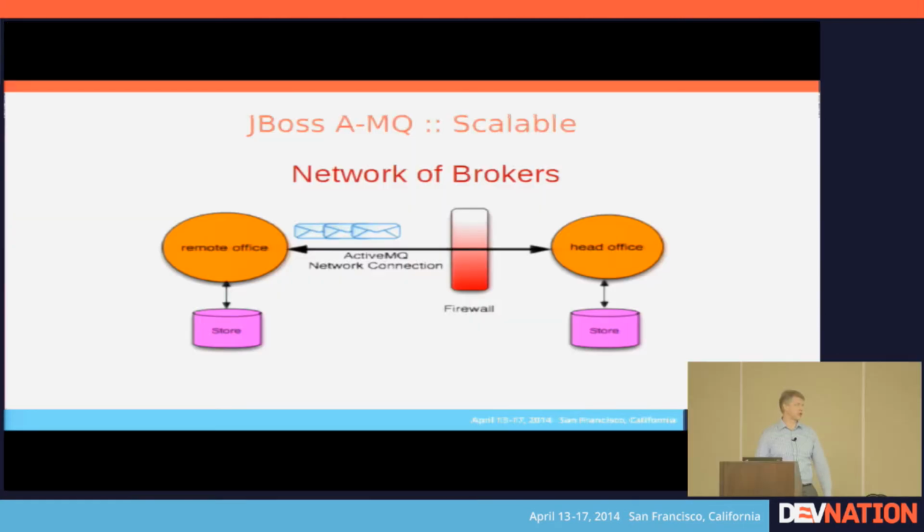And this is sort of the picture version of what a network of brokers is. This is the idea that I could have two brokers. They're independent. So this always tends to be a point of confusion. At least a lot of people I've talked to think, hey, I've set up a network of brokers, so I've got fault tolerance. No,